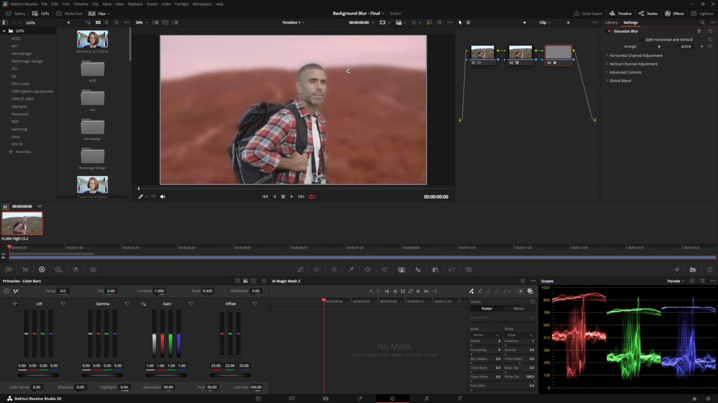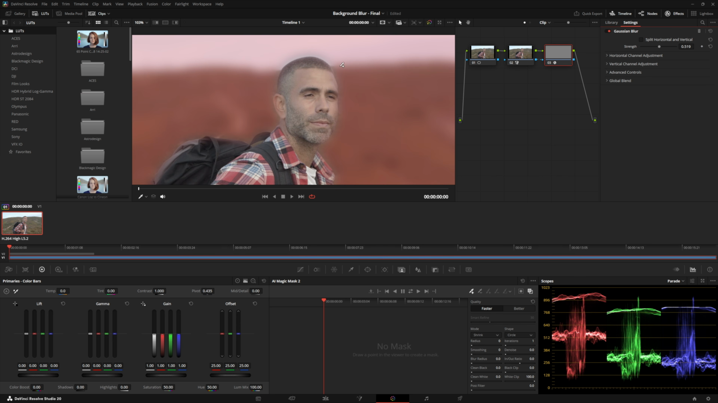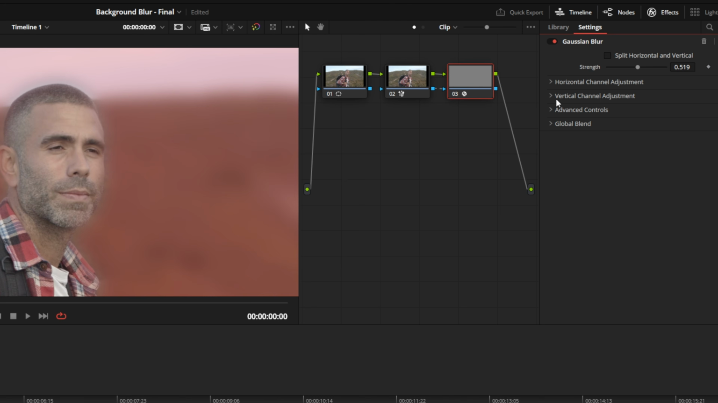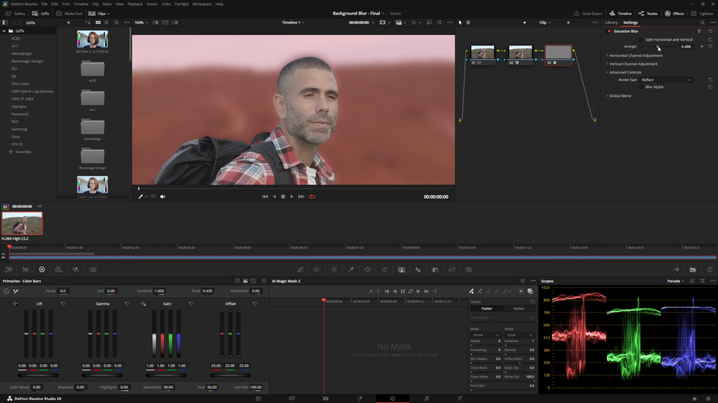If you start to see a little halo or outline, you can go in to advanced controls and take blur alpha. Just turn that off and it blends it in a little bit. So with that being blended in a little bit, and the background still good and blurred, now what we'll do is